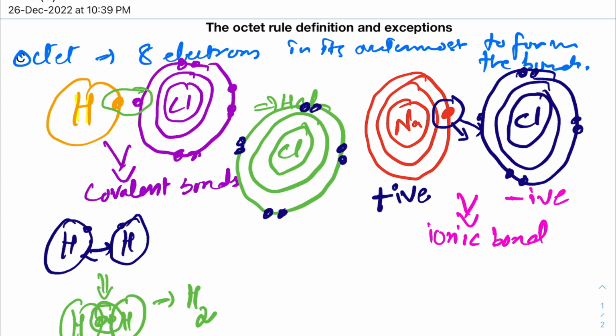So the octet rule helps to understand the bonding pattern between two elements, especially when both are non-metals, or when one is a metal and the other is a non-metal. It helps to understand the concept of covalent and ionic bonds, and it really helps to draw the structural representation of molecules. So the octet rule is the rule in which an element must possess 8 electrons in its outermost shell, which helps to form bonds and to understand the concept of bonding pattern between two atoms to form the successful